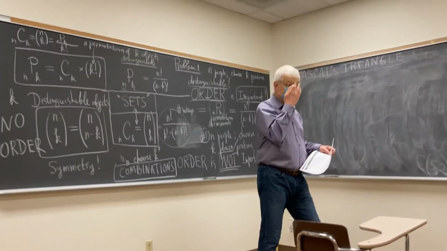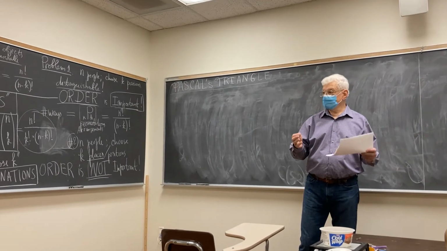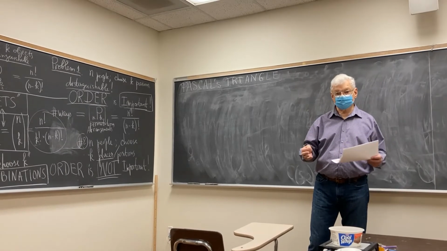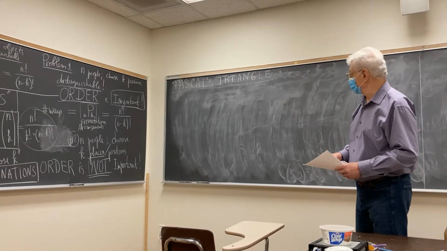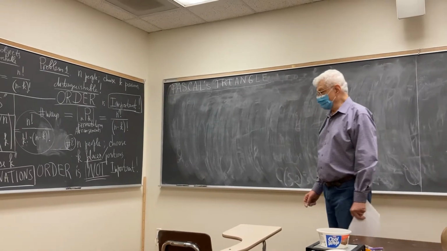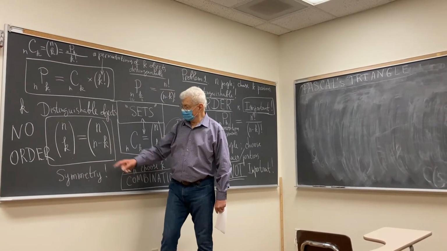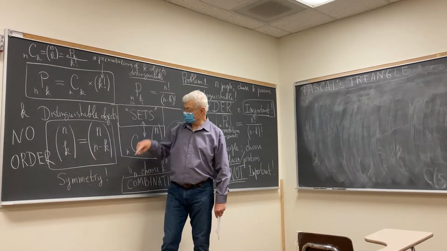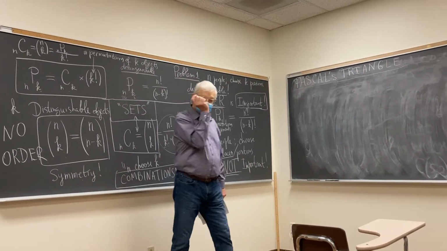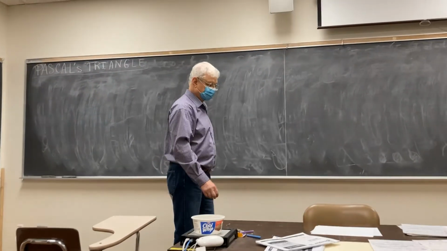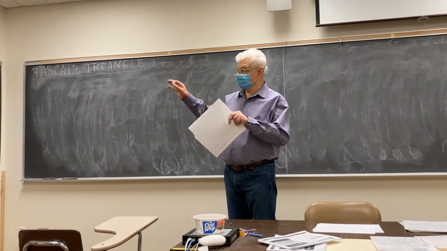The number of ways to choose k positions out of n, or the number of ways to choose a set with k elements from the big set with n elements. Okay, and I showed you how to calculate that. Fortunately, besides that, there is symmetry: n choose k equals n choose n minus k. The number of ways to choose k elements is the same as the number of ways to choose the remaining n minus k elements. It's absolutely clear without formulas and without any calculation. By definition, once you pick white marbles, at the same time you pick black marbles